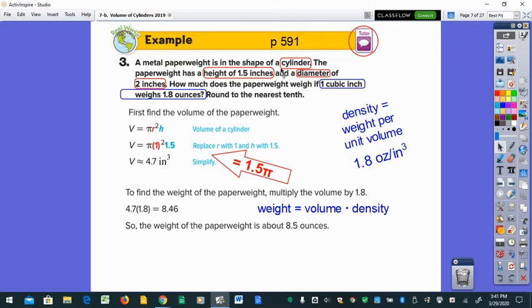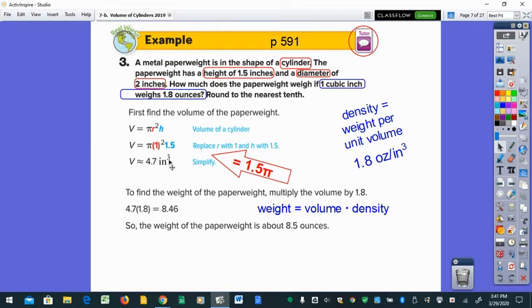So we have a metal paperweight in the shape of a cylinder. The paperweight has a height of 1.5 inches, so that's going to be our h in the formula. The diameter, we got to be careful. The diameter is 2 inches. I need the radius, so I'm going to cut that in half, and that's why they're putting a 1 in. And I'm going to calculate the volume. So I'm going to take 1 squared, which is 1, times 1.5, and that's your exact answer. You'll see me typing this over here because your book kind of skips that step, and we need for you to be able to do that as you head into high school math. I'm going to approximate by taking 1.5 times pi, and the volume of this paperweight is about 4.7 inches cubed,